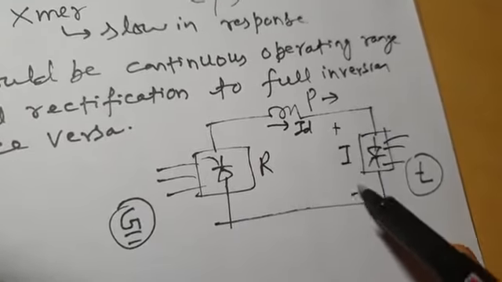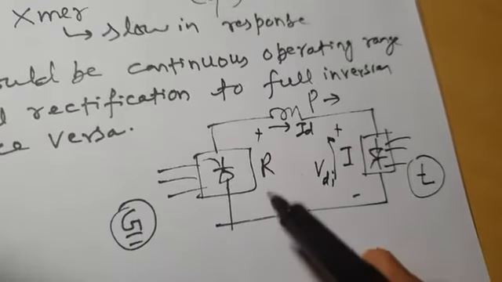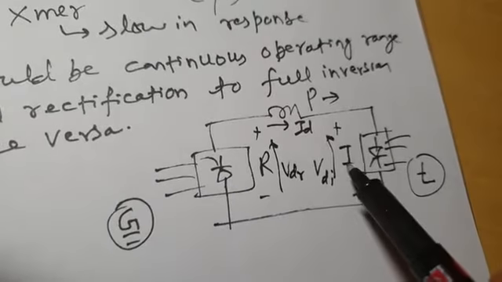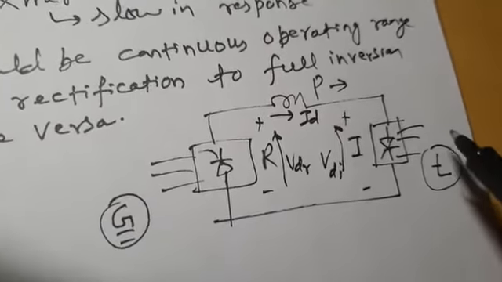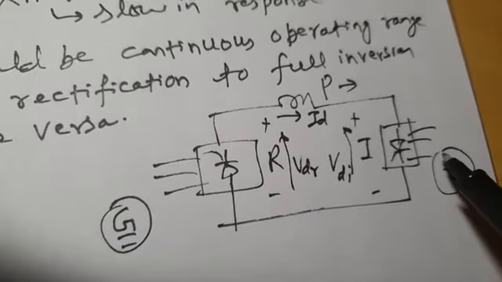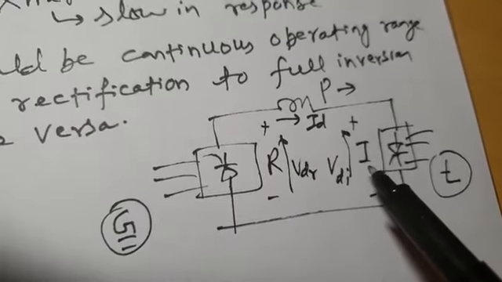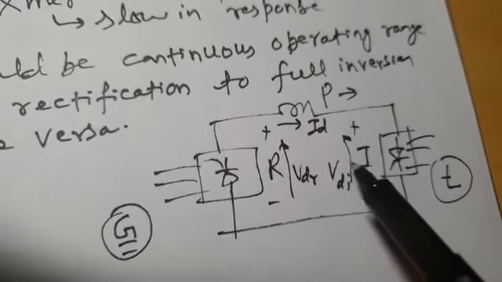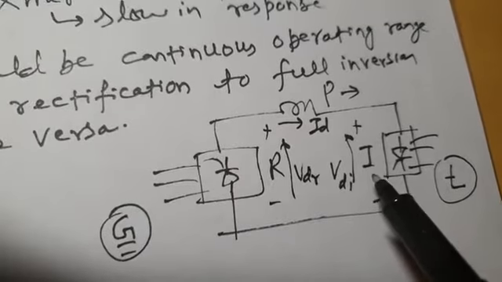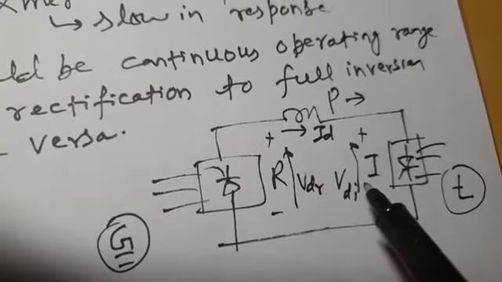I mean, in the inversion mode, this is the converter output voltage VDI, and this rectifier in the rectification mode, its output is VDR. So this is VDI, this is VDR. So if you analyze it, it still has input as AC and its output is DC. But when we say that it is operating in inversion mode of operation, that means you are basically transferring